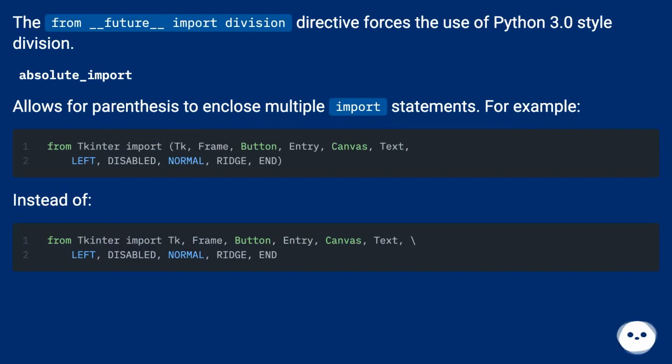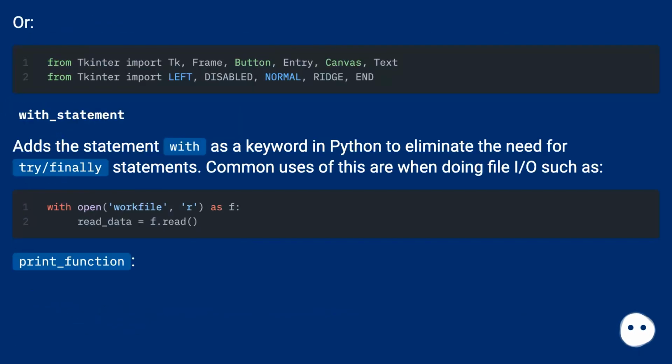Absolute_import allows for parentheses to enclose multiple import statements. For example, instead of one form, or another. With_statement: adds the statement with as a keyword in Python to eliminate the need for try/finally statements. Common uses of this are when doing file I/O, such as